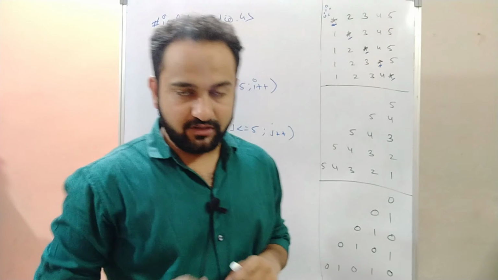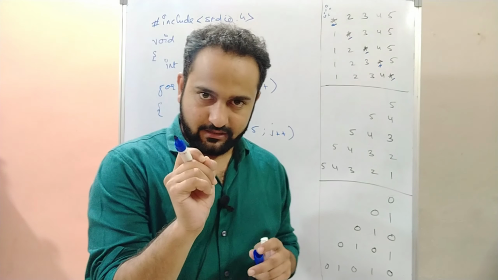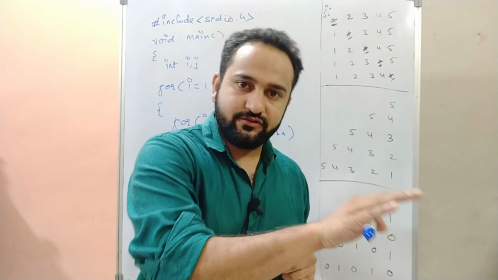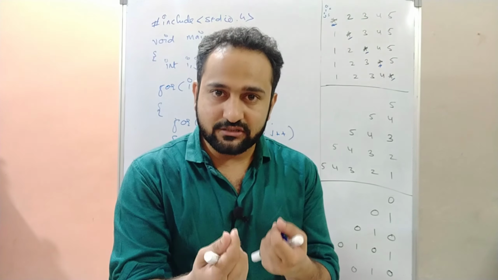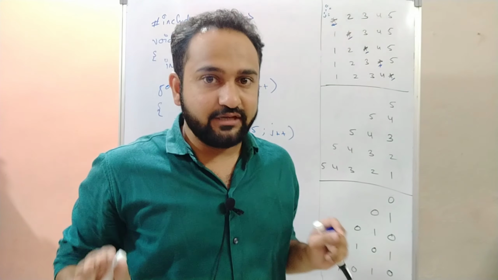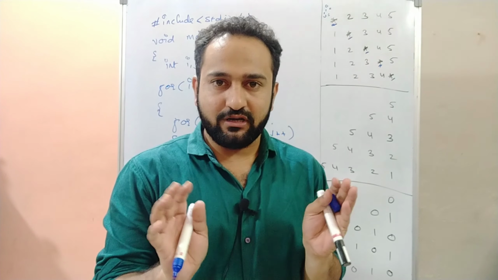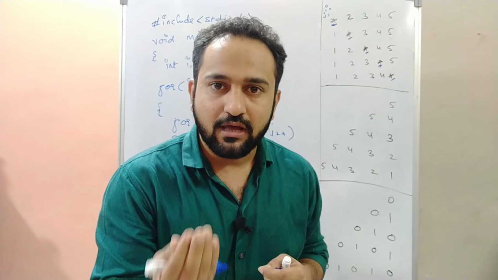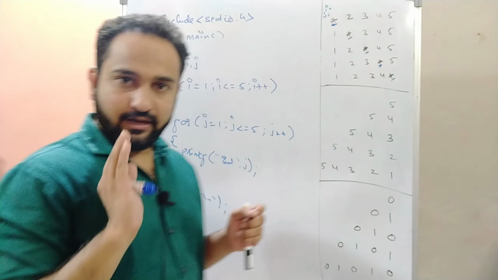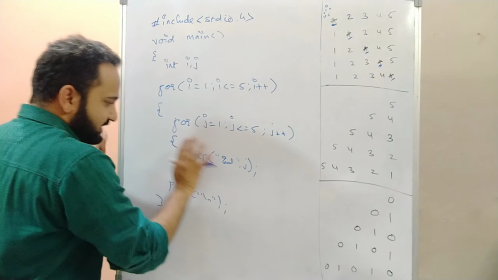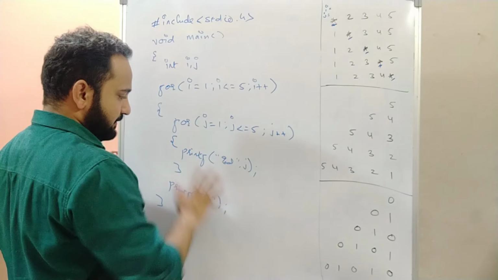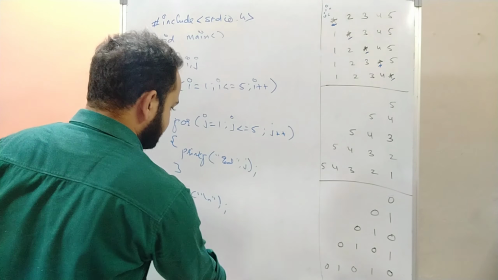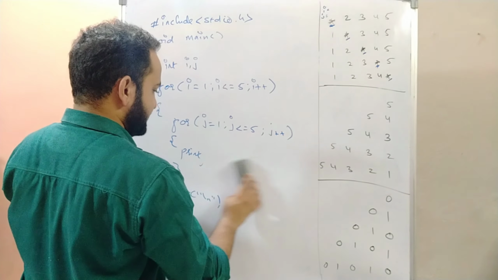So we understood one thing. When the value of I is equal to the value of j, that means when I and j are equal, you have to print a star. For all other cases, when the values of I and j are not equal, you simply have to print the value of j. Getting the logic? Everything will be exactly the same. Only the thing is, we won't be printing the value of j directly. We have to make changes here. Those changes will be what?